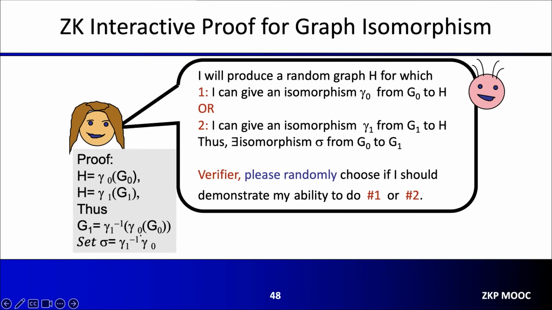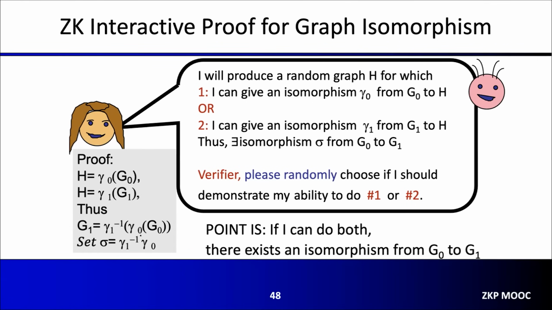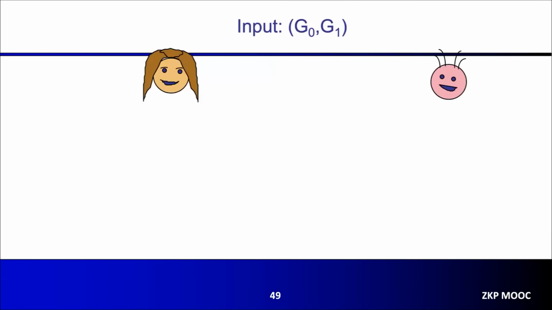He's only going to give him either an isomorphism for G0 or G1, but he lets the verifier choose which it is. And the fact that he will be able to do both should convince the verifier that there is an isomorphism from G0 to G1 with high probability. If we break it down into the interaction,